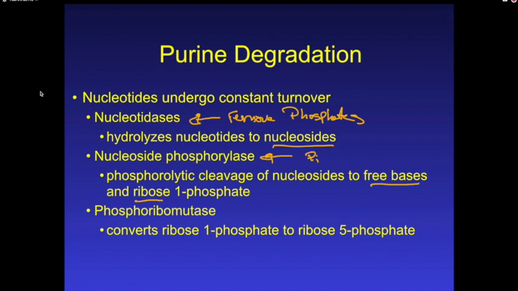Once we have the phosphorylase completed, the bases can be degraded, and then the ribose 1-phosphate can undergo reaction with the phosphoribomutase. And we're going to go from ribose 1-phosphate to ribose 5-phosphate. And so we've seen a mutase before with the phosphates, one in glycolysis, in which we started at the phosphate at the 3 position. We then moved it with a mutase to the 2 position. In the intermediate form, we had a 2,3 intermediate that was